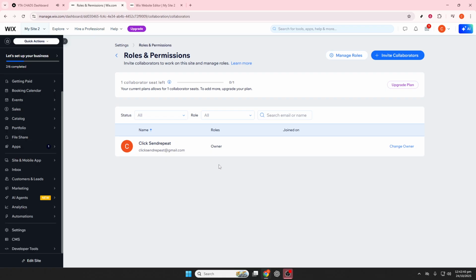Should you need to change someone's access or remove them entirely, you can easily manage your team by revisiting the Roles and Permissions section. You'll find a list of all